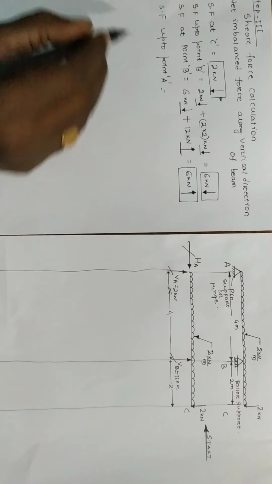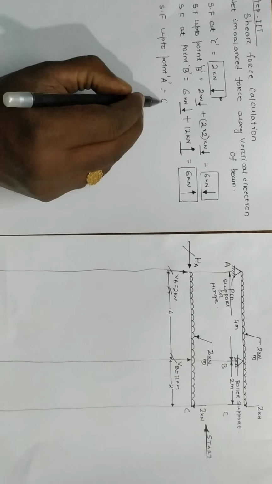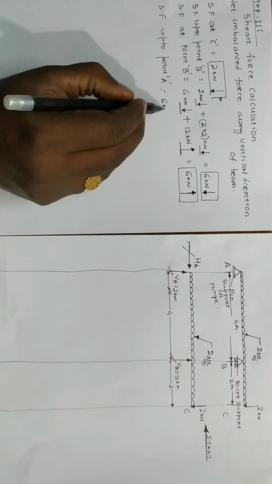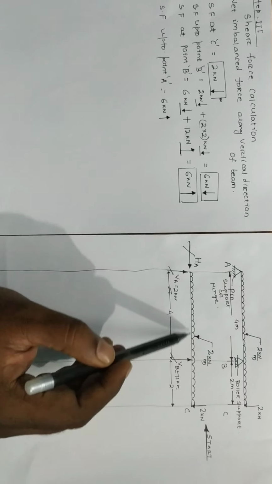So what will be the net? We are taking 6 kilonewton upward. This is with us, carry forward. हम लेके आए हैं, यहाँ से लेके आए हैं. Okay, और बाद में हमसे क्या जुड़ गया? What are the things we have added? It is up to point B, sorry, at point B. Then rest here, only these things we have to.